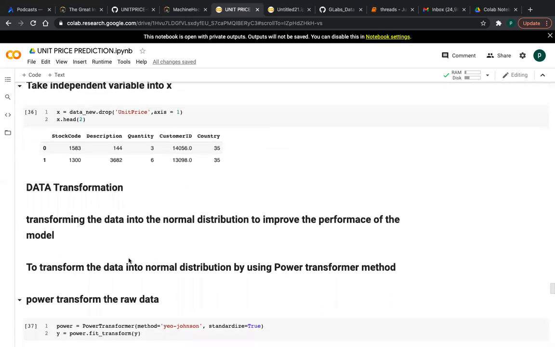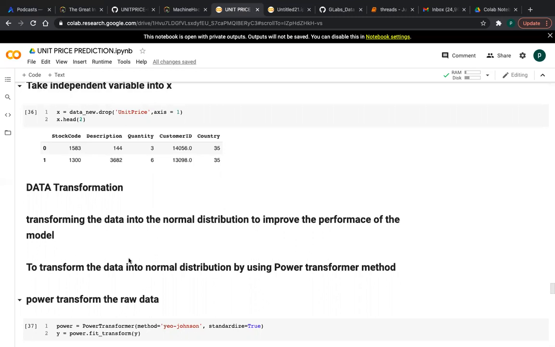If one feature is in one range and another feature in another range, you have to do scaling also. This is a very time-taking process, and it is iterative, because you don't know which scaling is better. You have to use trial and error.